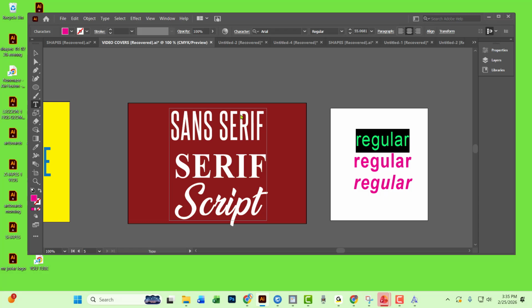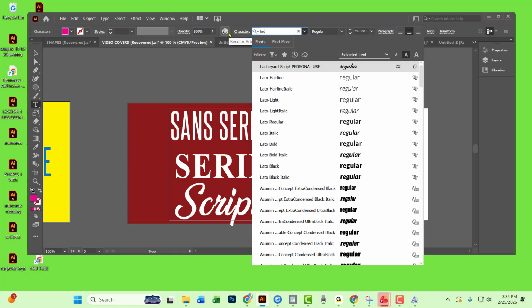So I'm going to apply the font that I just installed to this text. Okay, so right here where it says area, I'm gonna double click that, and I'm gonna type the name of the font. I think it was called Lac something. Yeah,